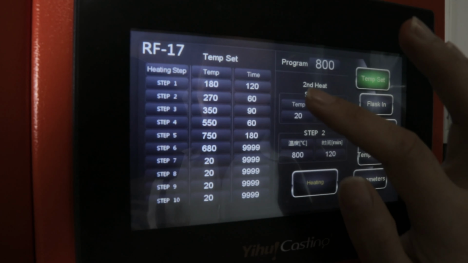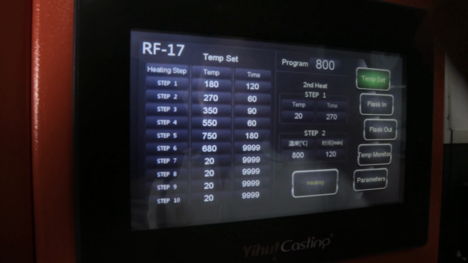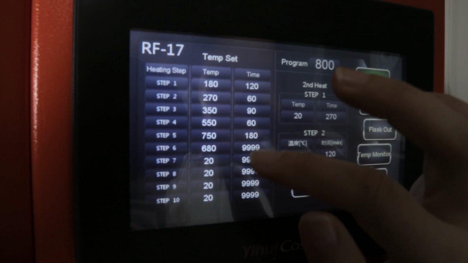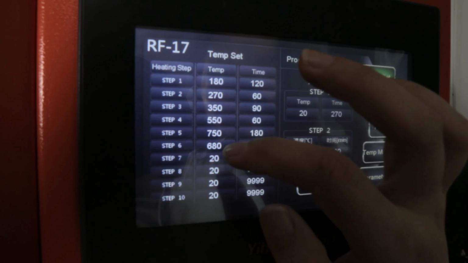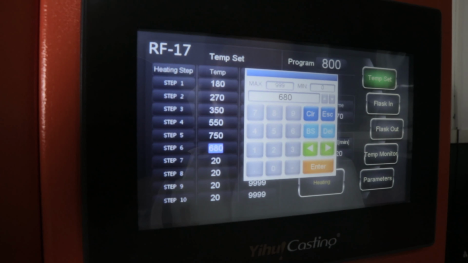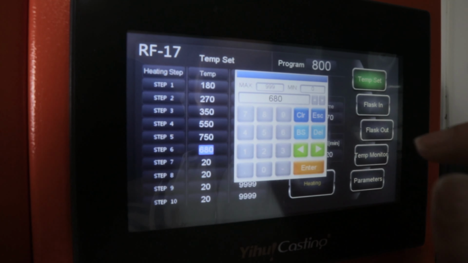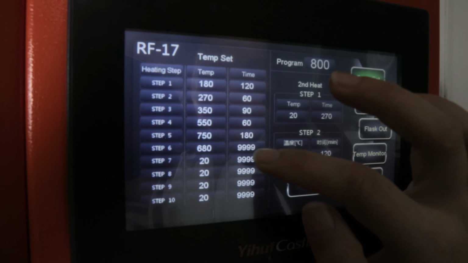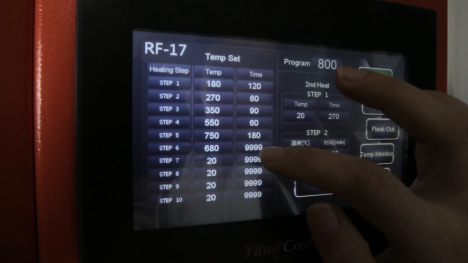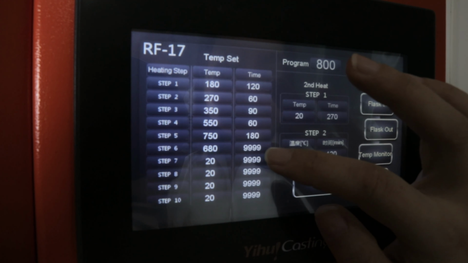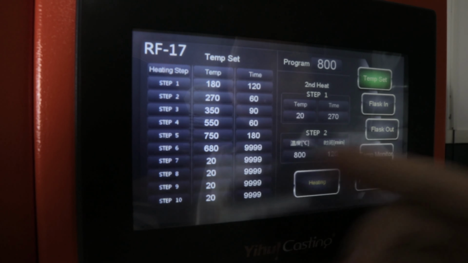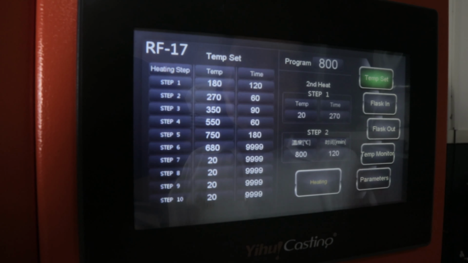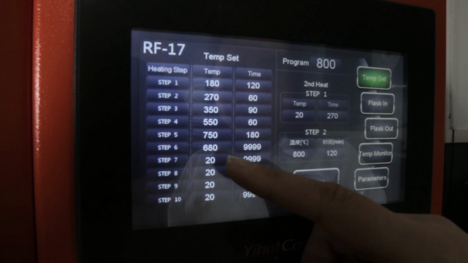This is the maximum heat temperature. Then we need to go down to the casting temperature, but it depends on your design. For example, with the casting temperature, we want to go down to 680 degrees. So we set 680 degrees, and time we set 9,999. That means in this process we do just insulation, to keep the temperature at 680 degrees,